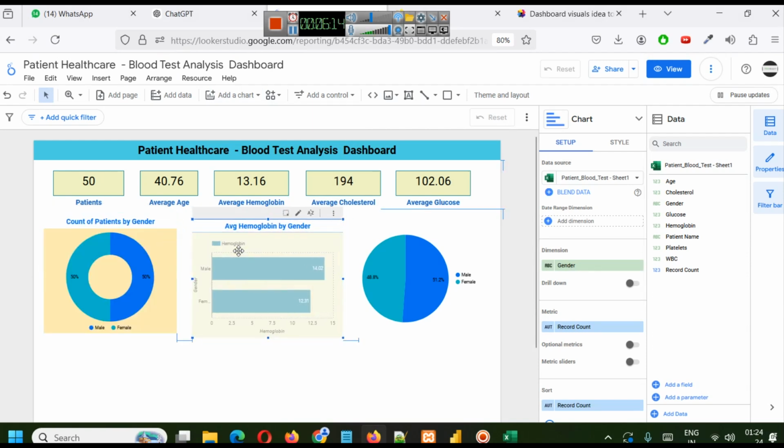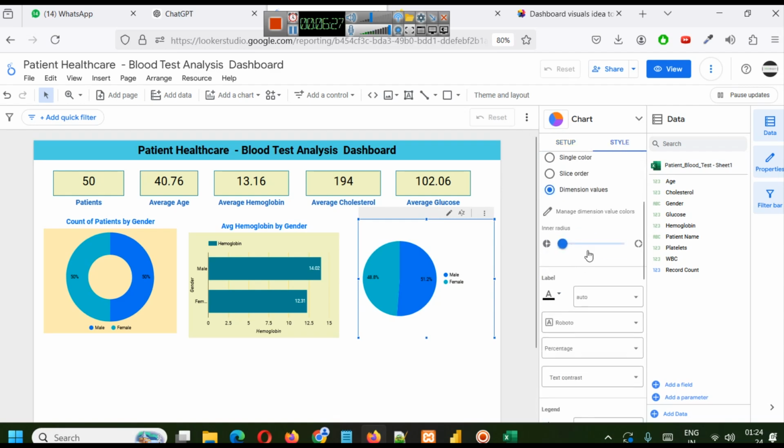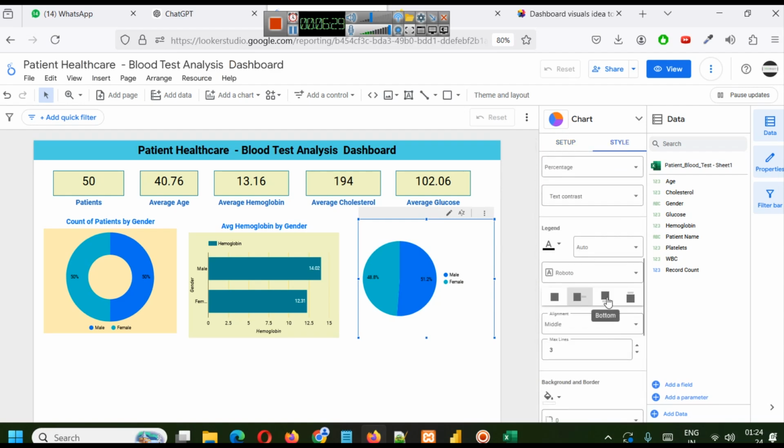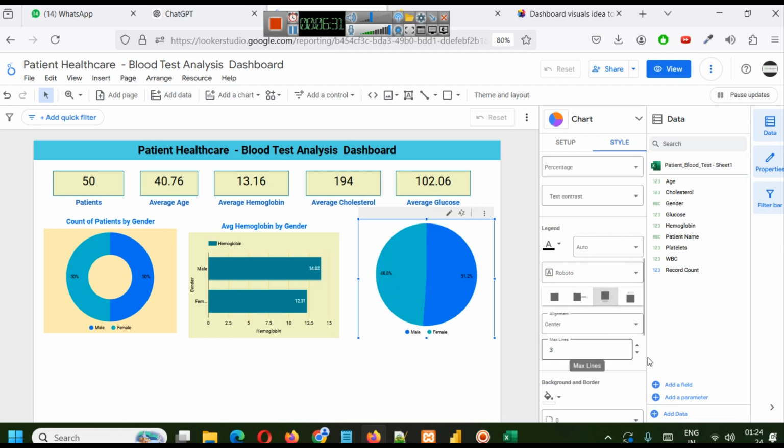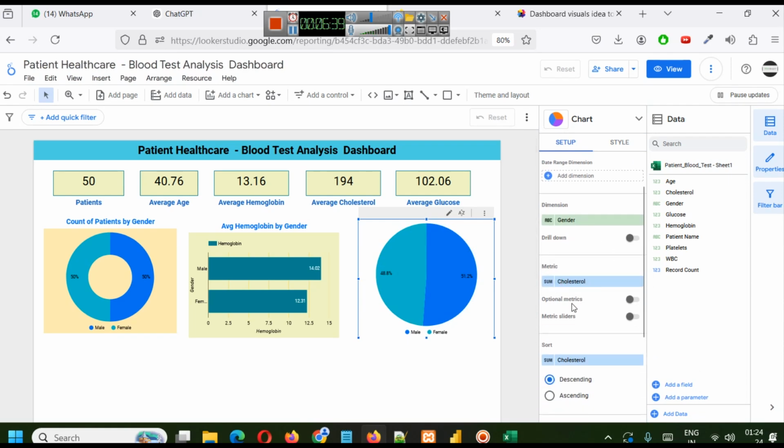Where we have a categorical value, and for that categorical value we want to display some data. And here also we are going to select a style, and in a style we will select data like that. But here we are going to choose different data. Obviously the dimension that we are going to use is gender, and the metric that we are going to use is